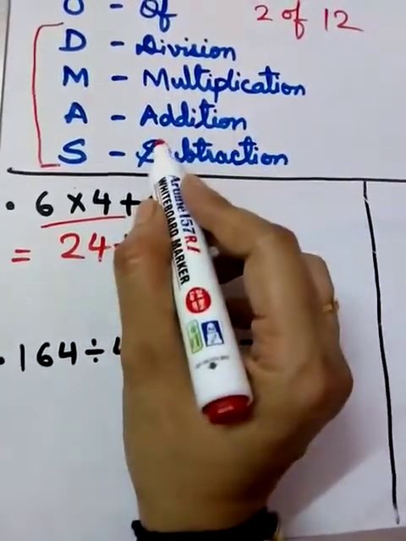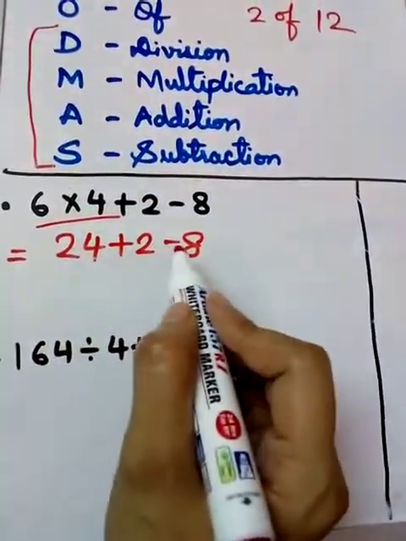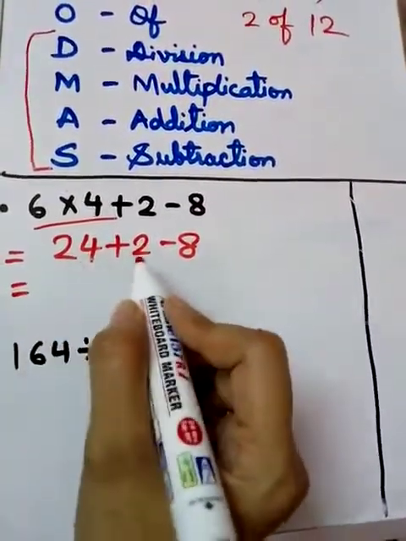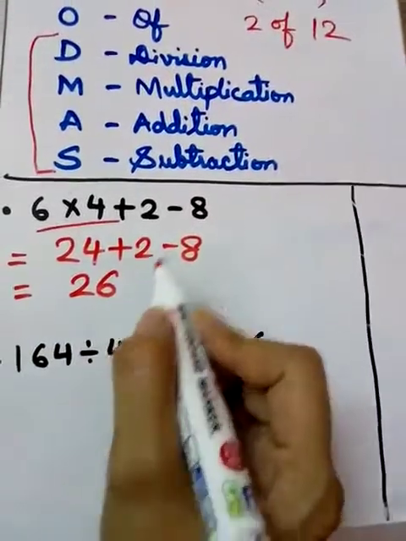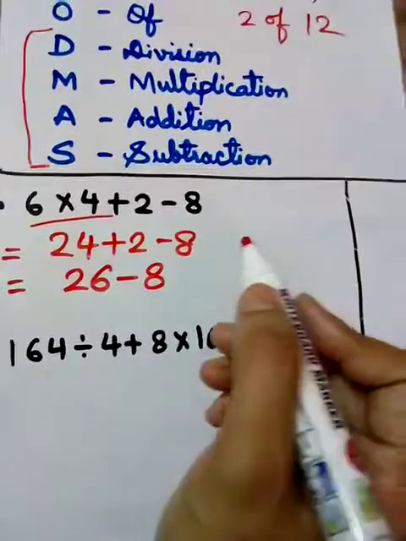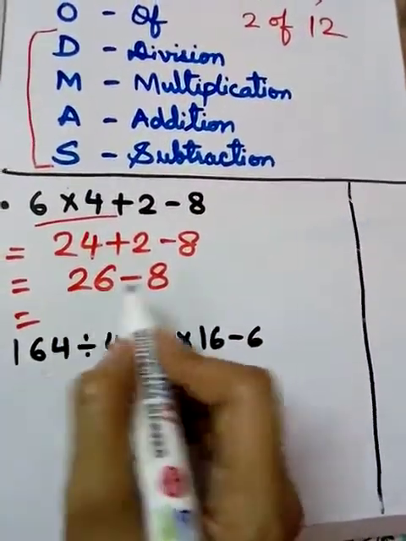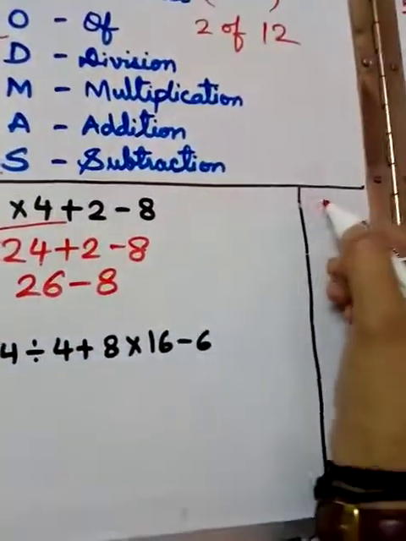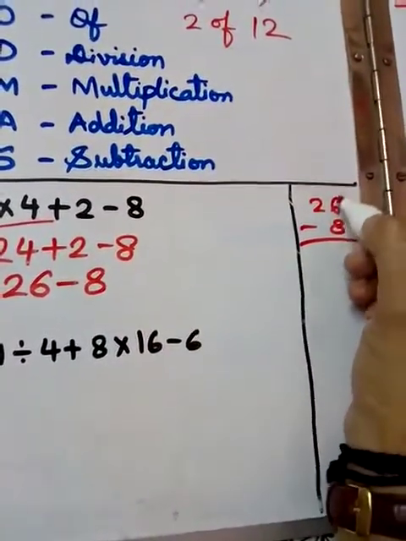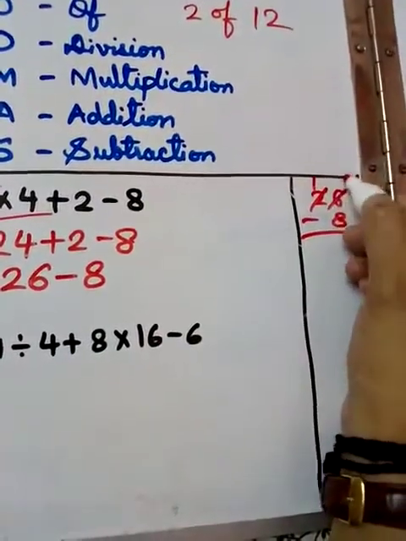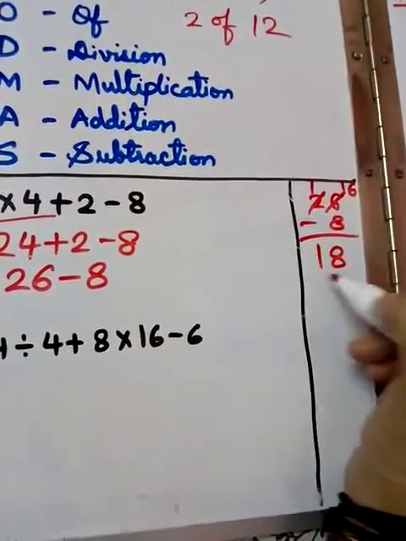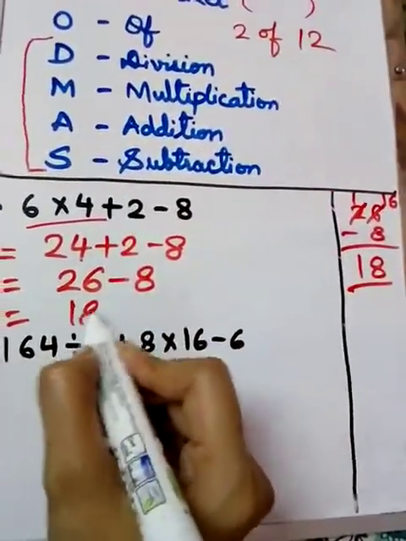After multiplication comes addition. Do we have addition in this step? Yes. Which two numbers are adding? 24 and 2. Just find out what is 24 plus 2. Yes, it is 26. And what needs to be written the same? Minus 8, because हमने उसको कुछ किया ही नहीं. At last we will subtract 26 minus 8. You can do it in the rough column, 26 minus 8. 6 cannot subtract 8, so 6 will borrow, 2 will become 1, 6 will become 16. 16 minus 8 is 8 and 1 will carry down. So the difference is 18 and that is your answer.